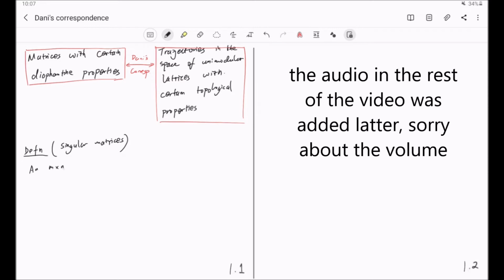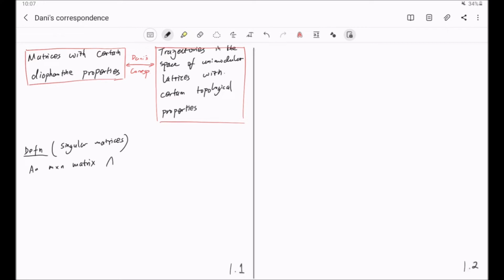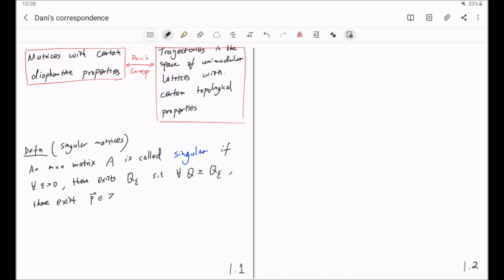An m by n matrix A is called singular if for any epsilon greater than 0 there exists q sub epsilon such that for any capital Q greater or equal to q sub epsilon, there exist integer vectors p in Z^m and q in Z^n such that